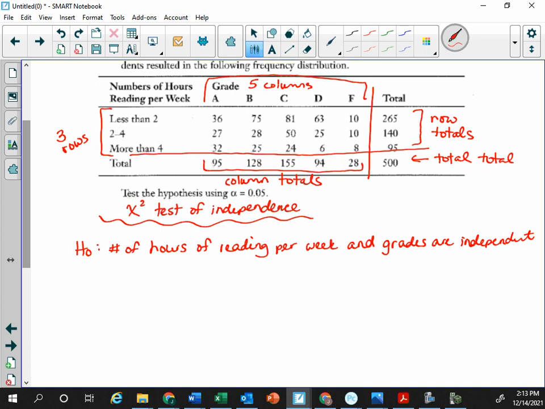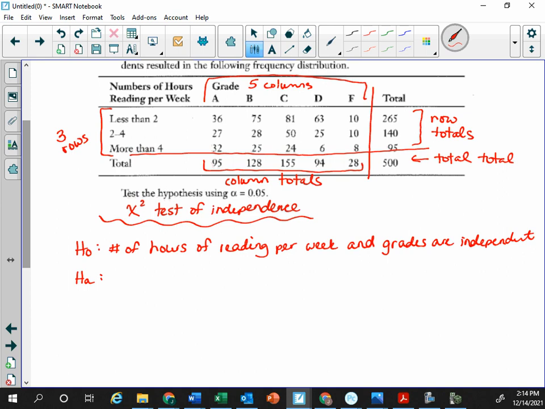So the null is always to start out that they are independent. What that means is that there's no connection between these 2 categorical variables that we're talking about, hours spent reading and grade in English class, okay? So that's the null. The alternative